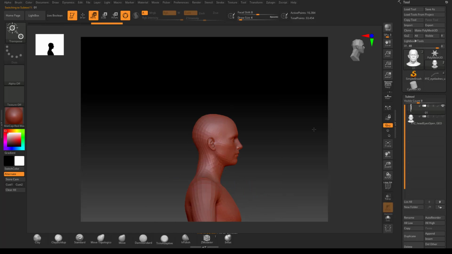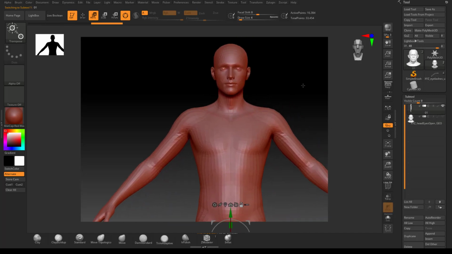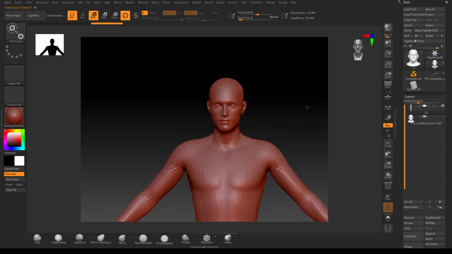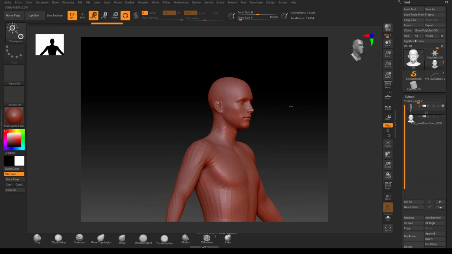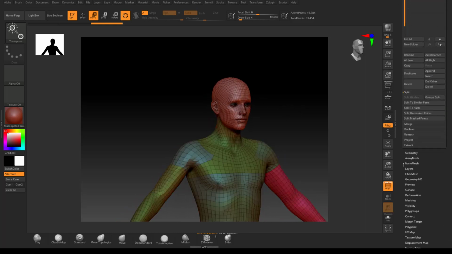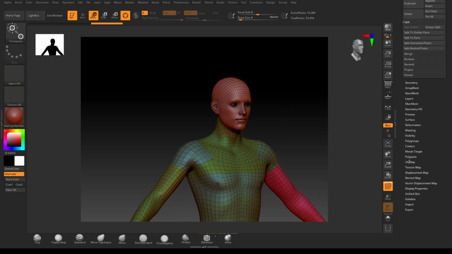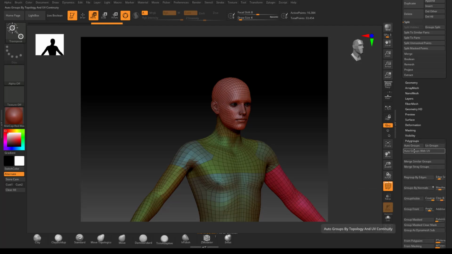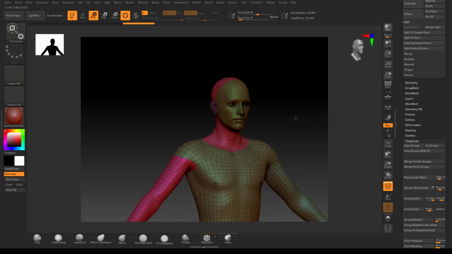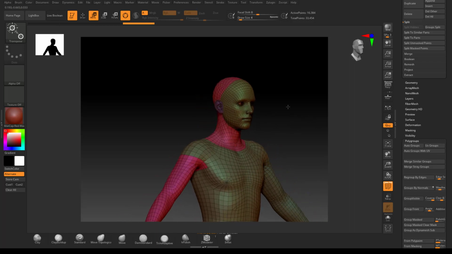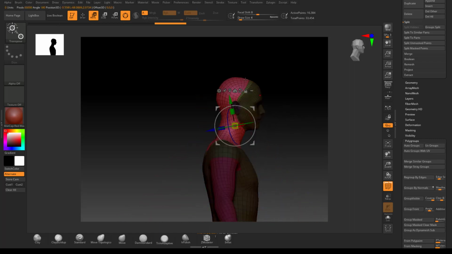Okay, so before we move on, I want to prepare the mesh. I need to isolate some parts of the face so they're not projected. Let's start by going to polygroups. Click Shift F to reveal the mesh. And here I'm going to click on outer group with UVs. So now my polygroups matching my UVs. And if you